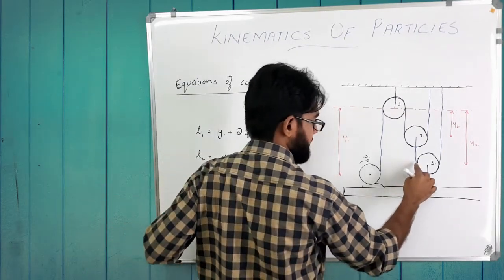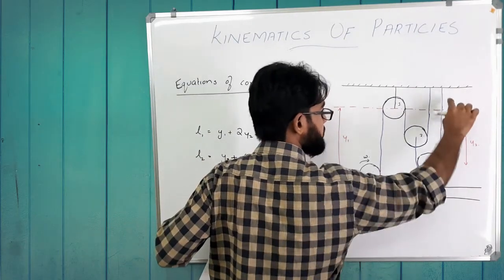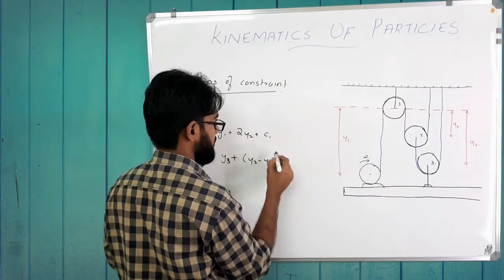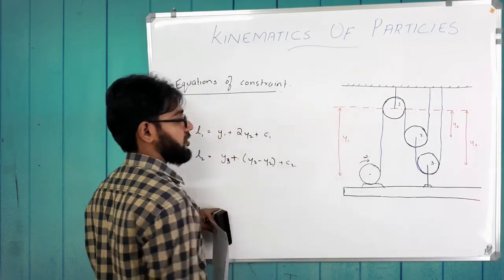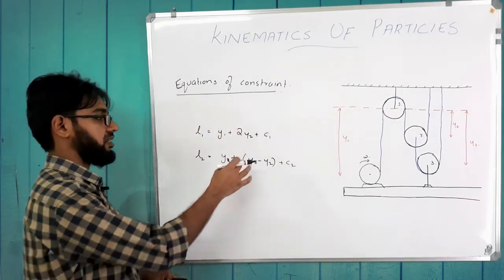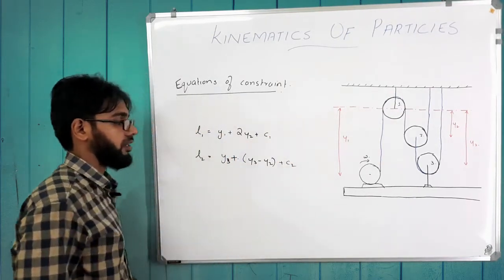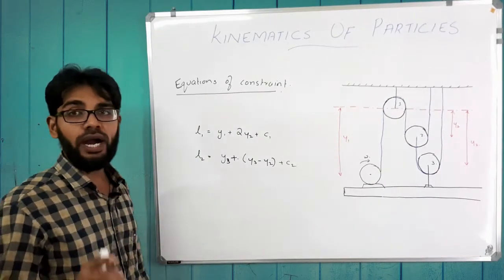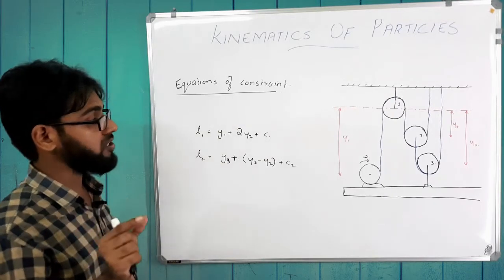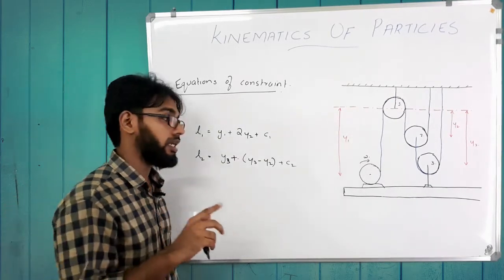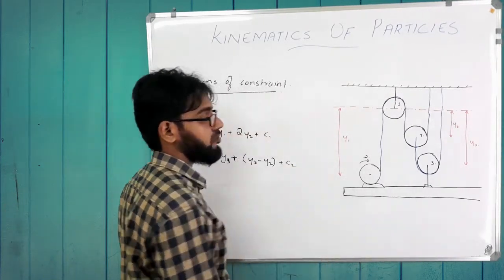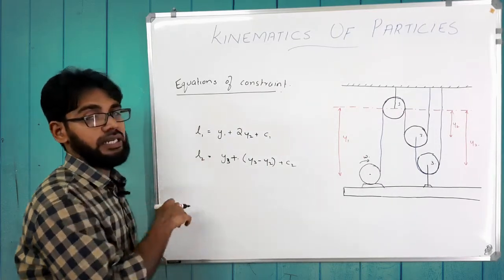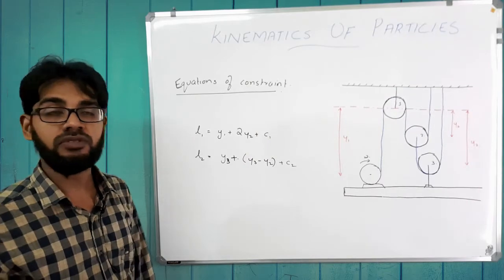And all other lengths, this length as well as this length, can be treated as a constant. So say this is C1, say this is C2, or I can use the letter C, no problem. So these are the two equations of constraint. Identifying the proper equation of constraint is very important in solving such type of problems, because once you get this part in error, then the entire procedure becomes false,